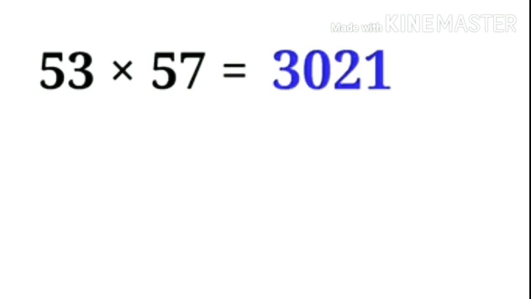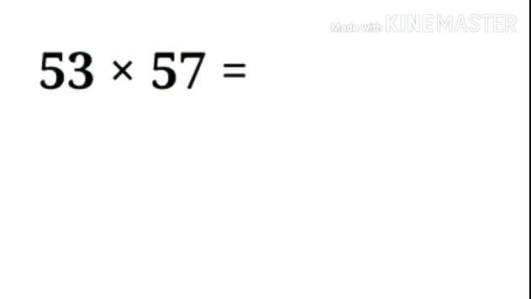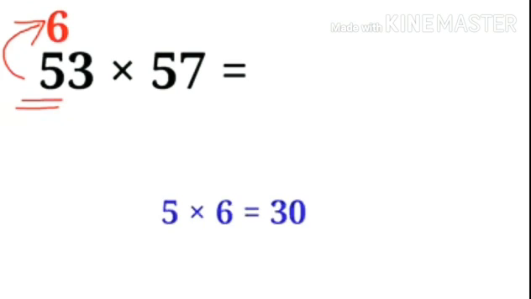Okay, so let me show you this easy calculation trick in the right way. In our case, we have to multiply 53 with 57. All you need to do is multiply 5 with the number that comes after it. What comes after 5 in counting? 6, isn't it? So 5 times 6 is 30, and you have the first 2 digits of your answer.